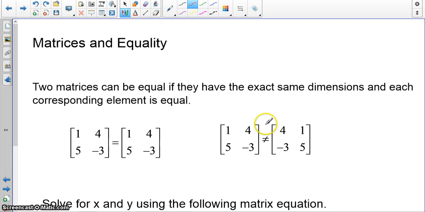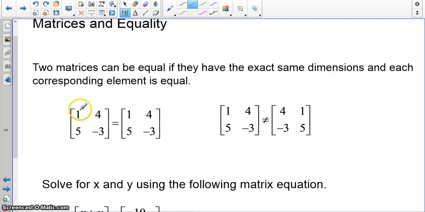All right, equality. What does it mean for 2 matrices to be equal? Well, it's a very strong statement for 2 matrices to be equal, because all the parts have to be the same. First off, they have to be the same dimensions. So a 2 by 2 and a 2 by 2 can be equal. But not only that, each corresponding thing has to be the same. So the 1 equals the 1 there, and then 5 equals 5, 4 equals 4, -3 equals -3. So the corresponding elements have to be the same. If one thing is off,